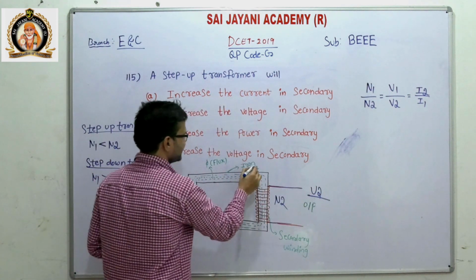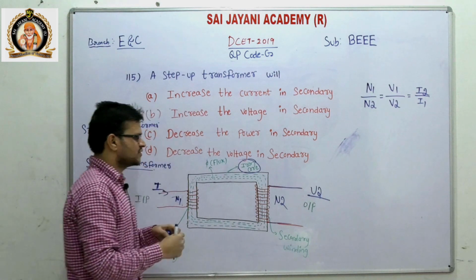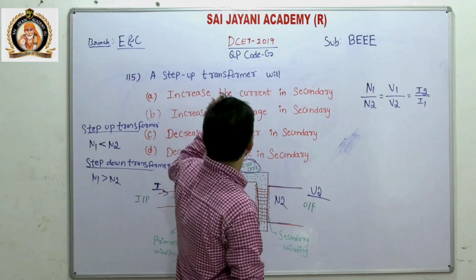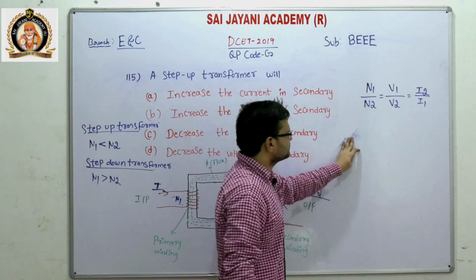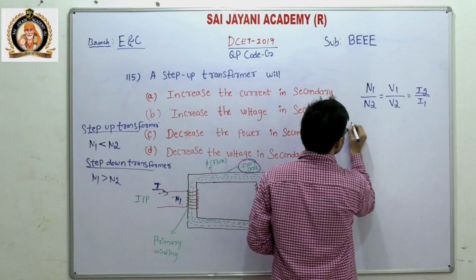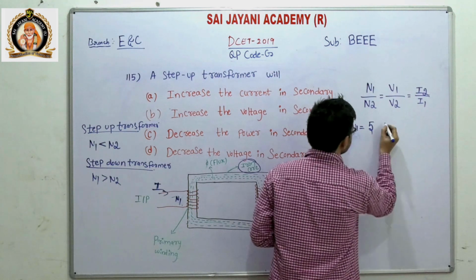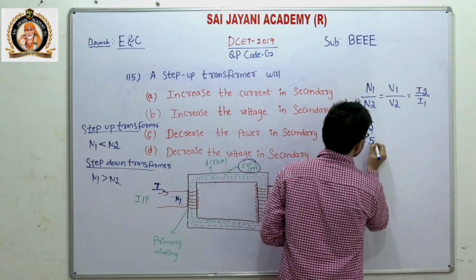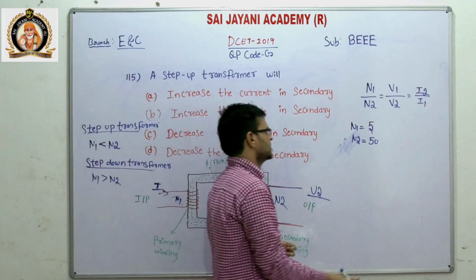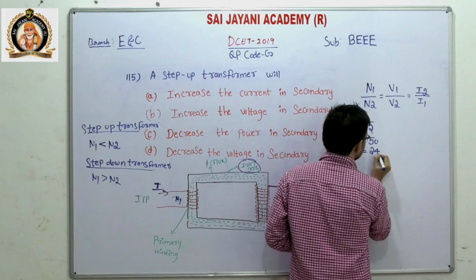Okay, and here we are using an iron core. This iron core transfers the magnetic flux without an air gap. So we are using an iron core, and this step up transformer can be solved by using one example. Consider if we are taking the number of turns in the primary winding, N1, as 5 turns, and N2 as 50 turns. And we knew that for AC voltage it is 230 or 240, we are taking V1 as 240.